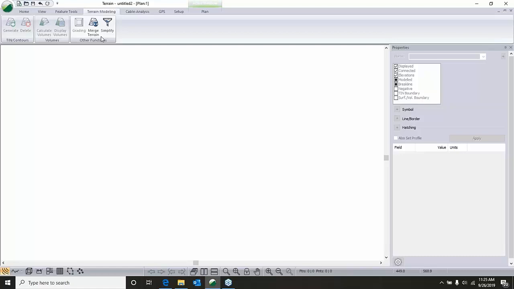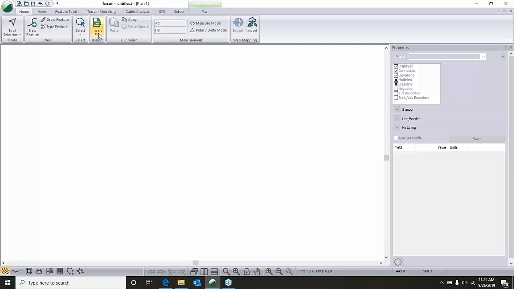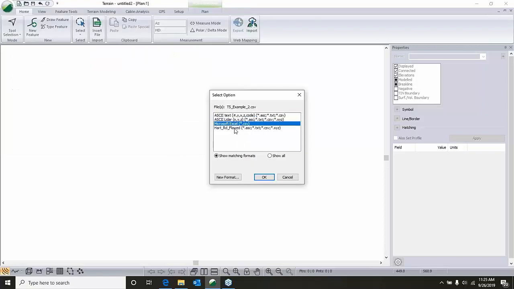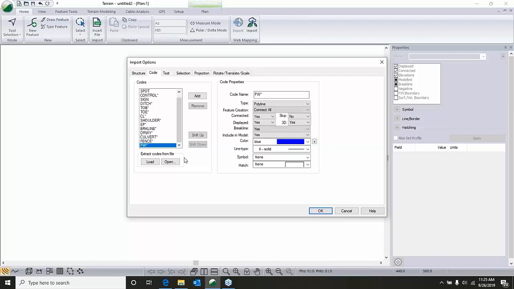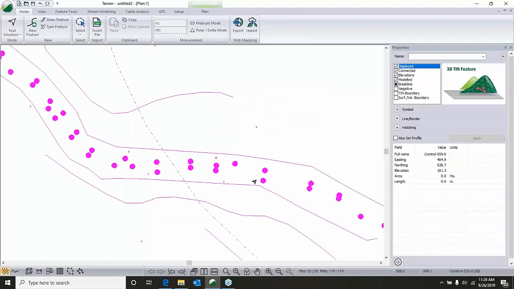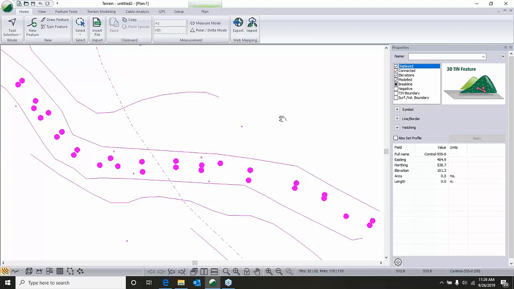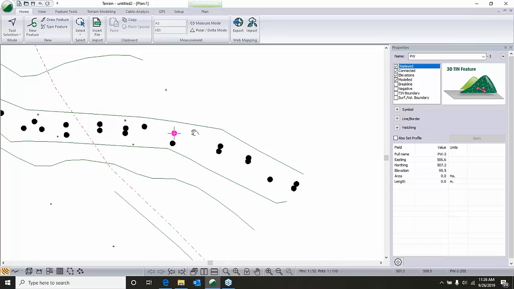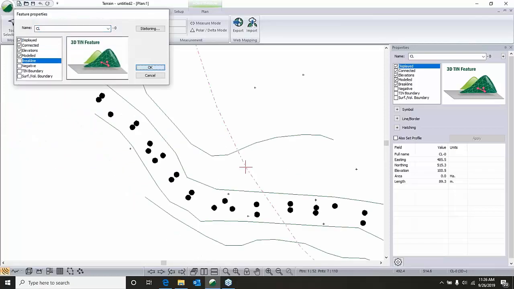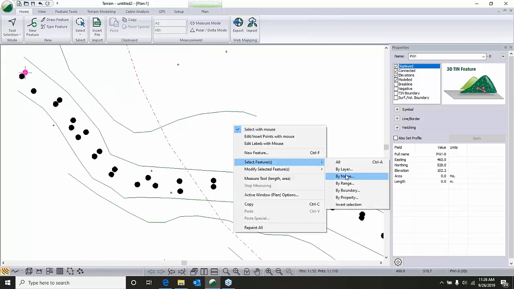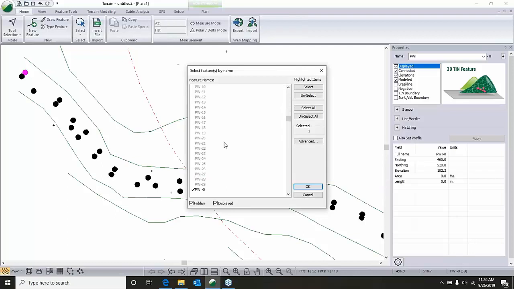And just really quickly, file, let's insert that in again. Everything's the same, so if we don't have something that should be in there, got rid of the PW. All right. So our PW is coming up as the default. I'm going to turn that Centerline breakline off that we just fixed. So we can address that a couple ways. We can right-click, select features by name, PW,